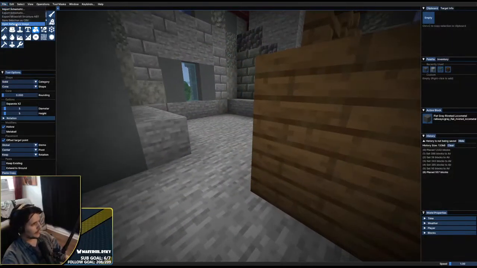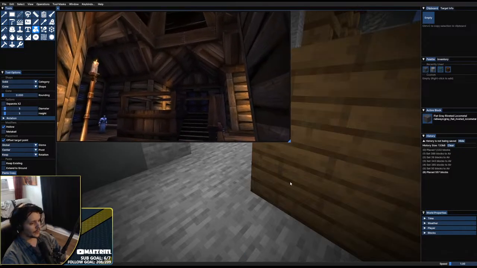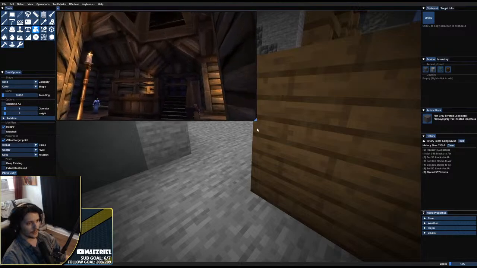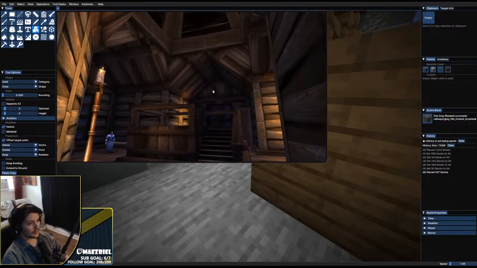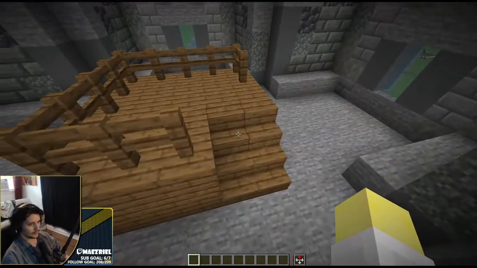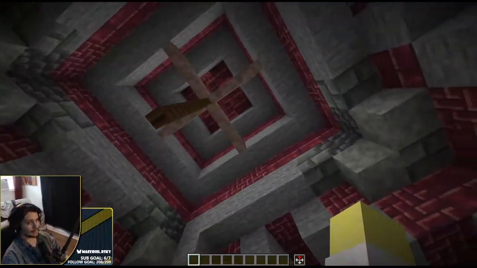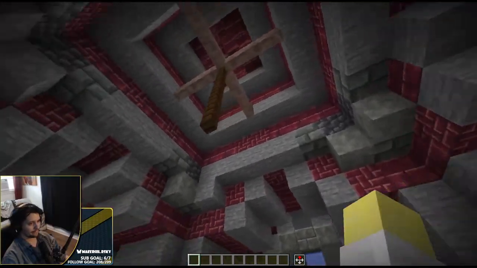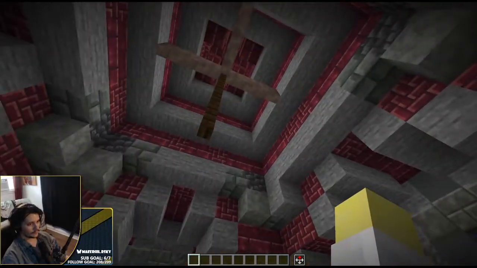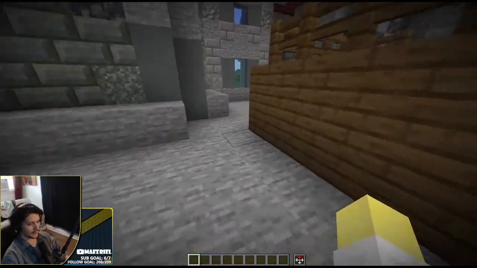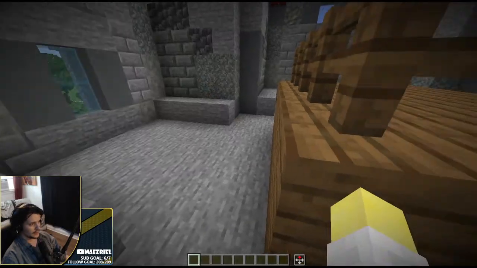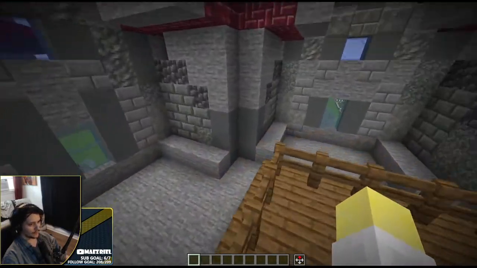Because do I have a reference image? I do. Because if we look, this is the reference image. Granted, it's all wood up here, but I'm probably not going to do that. But you can see, right here, it's just kind of this podium. But you'd be like, why is there a podium here? And I had to rack my brain. I was like, oh, it's probably because there was a belfry here. So I guess that makes sense. Make it look like the bell's busted or something. I don't know. And they do have like random storage around here, but